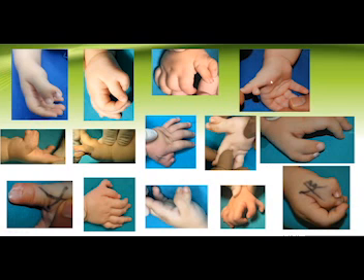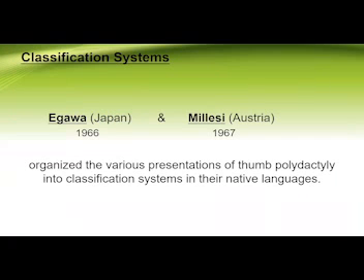We have a very large spectrum of thumb duplication, from minor thumb duplications to more complex degrees and even zigzag deformities, which we need to classify in order to communicate between each other as medical practitioners, to plan our surgeries, decide on which part to go and deal with, and to follow up our results and prognosis. So the first attempts were done in 1966 and 1967 by Igawa in Japan and Milisi